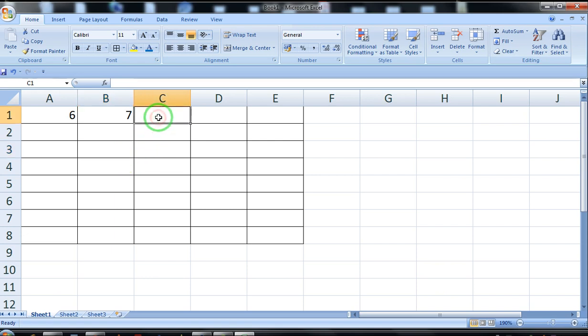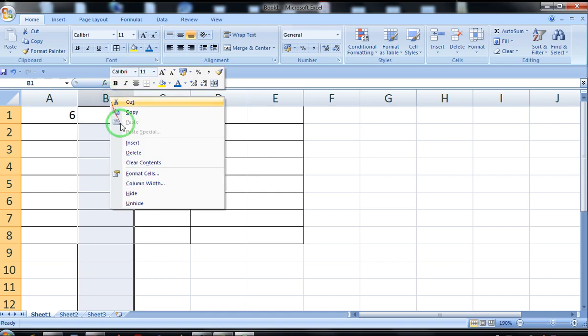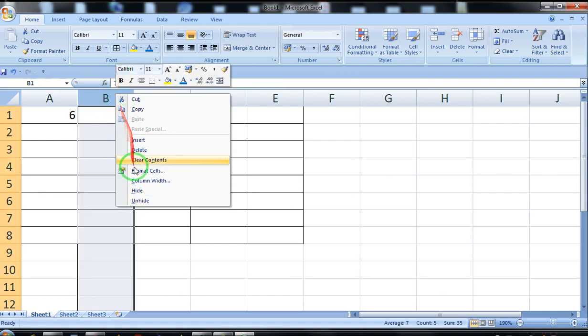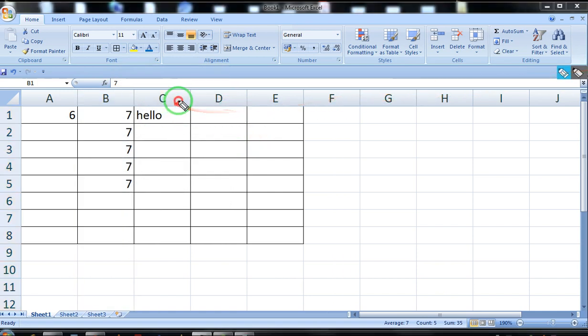But when I choose the option delete, in this particular column where I have written 7, 7, 7, 7, 7, 7, delete, it will delete the entire cell or range of cells and the next column will take its place. That means the next column will shift towards the left-hand side.